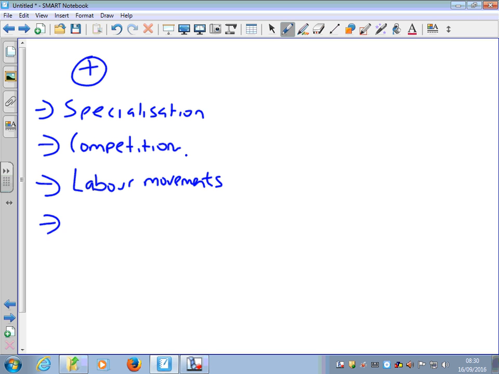What we've also got in terms of a benefit as well is ideas and technology. Economies don't just trade in goods, they trade in ideas and technology. The spread of ideas across the world has created lots of great potential economic growth. And for some economies,